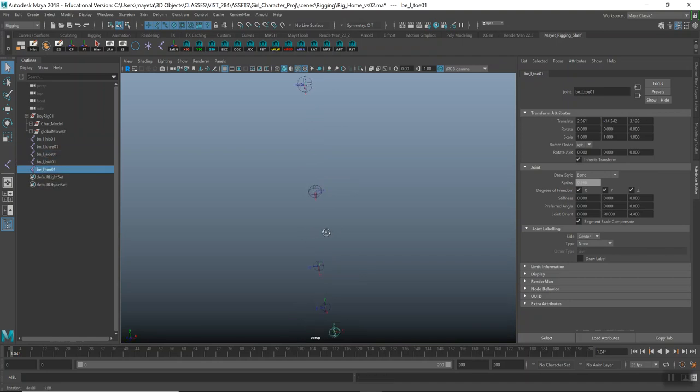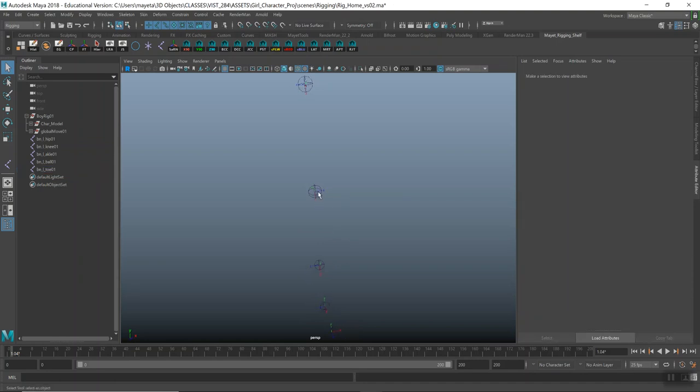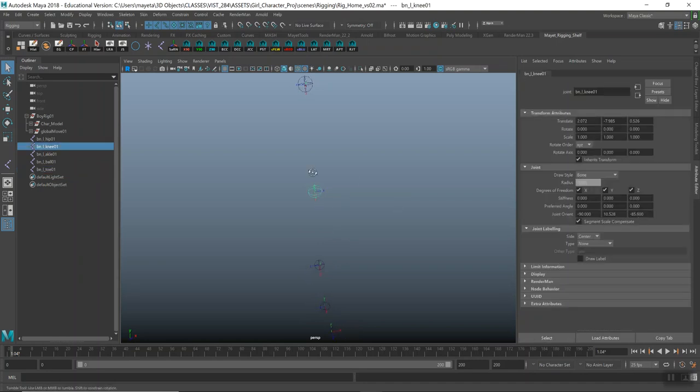And the reason we're unparenting our joints is because when we move our local rotation axes over here, we don't want to move all the rest of these joints. That would not be great. So the key here is we always want the x-axis to be pointing towards the next joint down the line, and we want it pointing towards it perfectly. But you'll notice that we have our z-axis pointing in one direction here, and in another direction there. So the first joint that we really have to fix is our